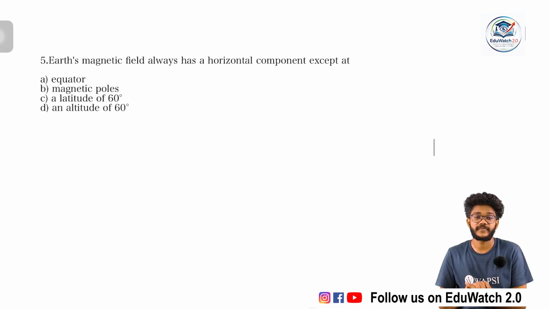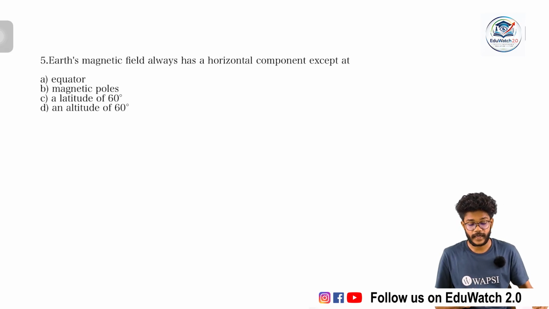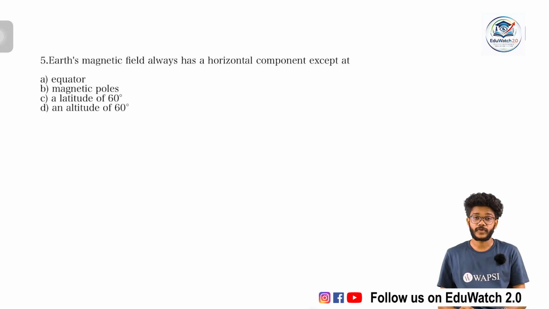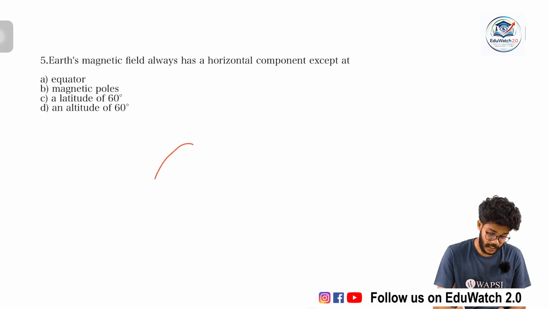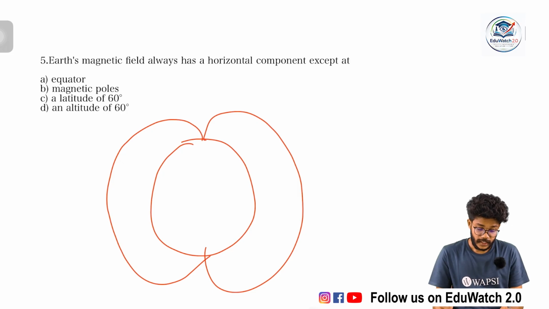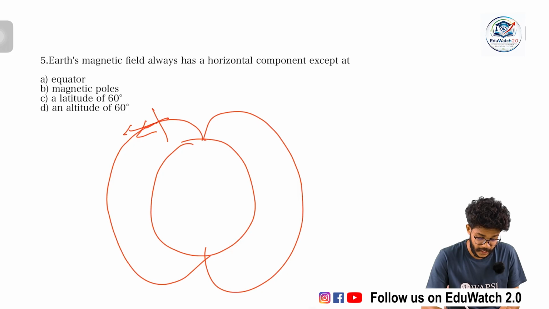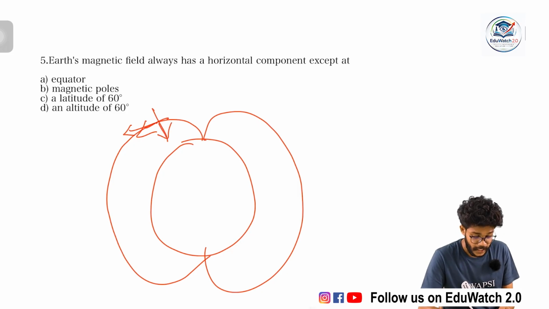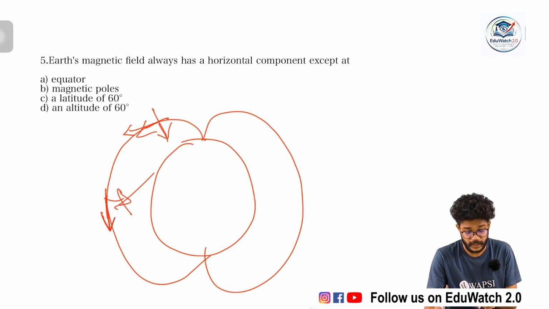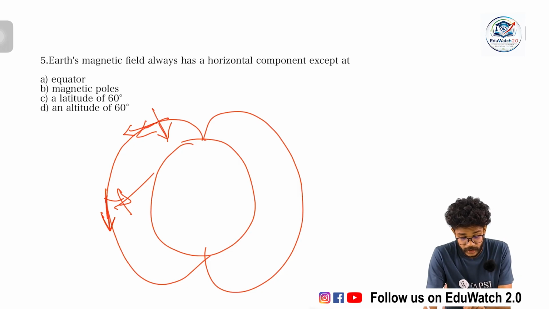Next question is related to earth's magnetic field. It has a horizontal component except at... So I will draw this. This is our earth and this is our magnetic field. In this direction it has both vertical and horizontal components. In here there is only a horizontal component, no vertical component. Vertical component is absent at the equator. But the question is, the horizontal component is absent except at